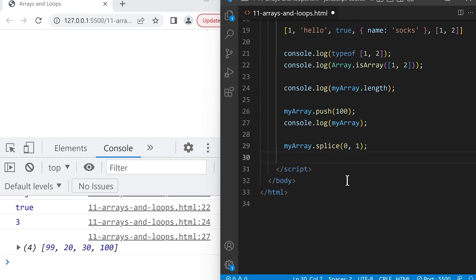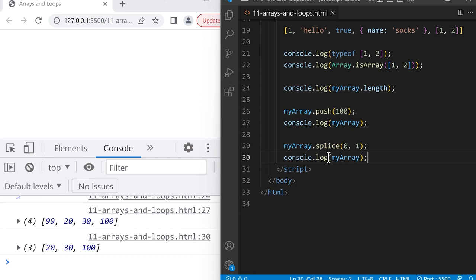And let's create a new line and console.log myArray and save. You can see that splice removed the first value from the array, or index 0, which was 99. All right,